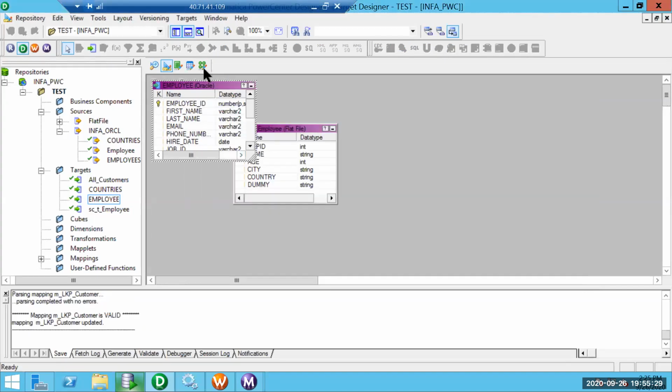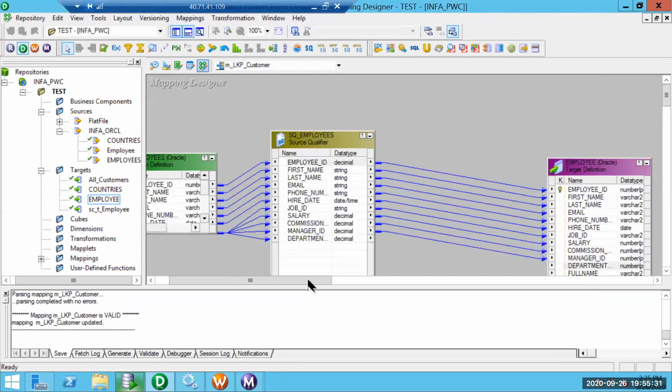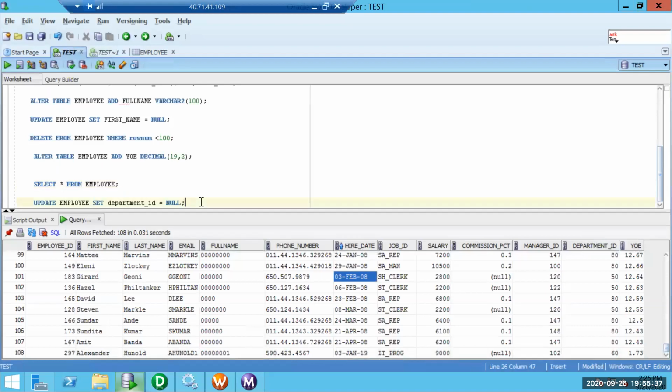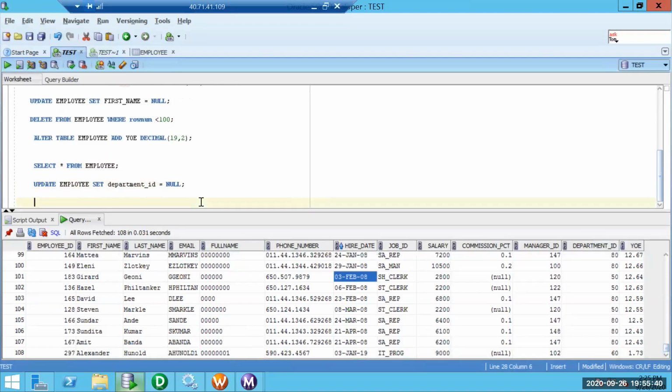So I'm flipping back to the primary key. Before that, let me try to delete the data we have, or let it be, I will load the same data.